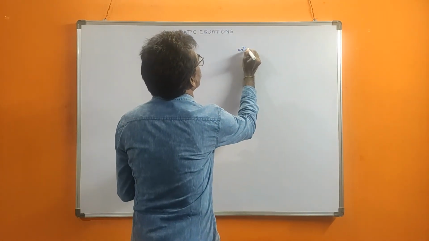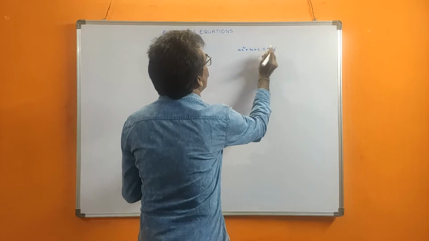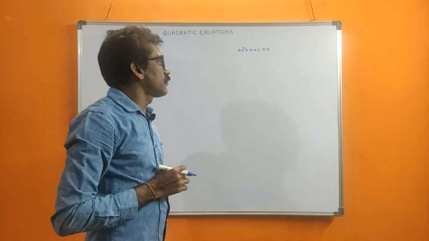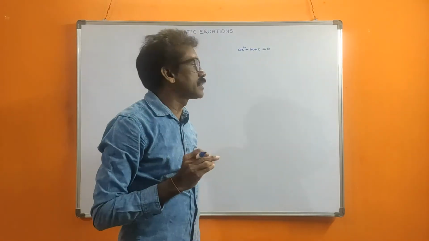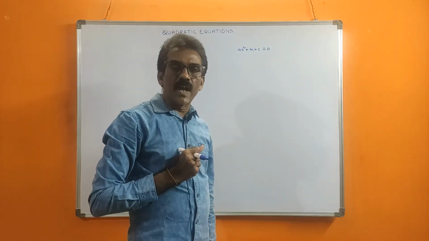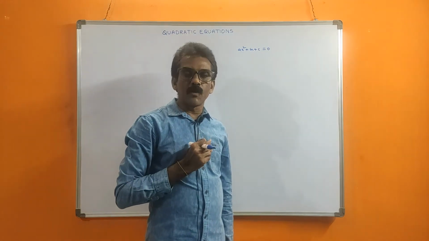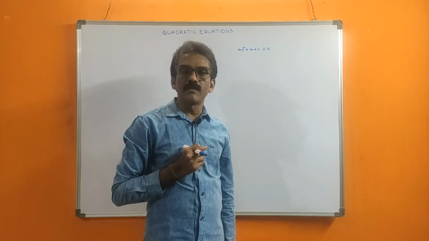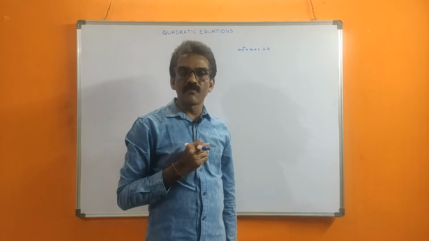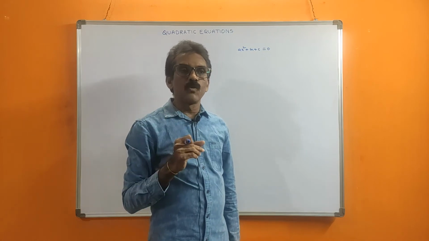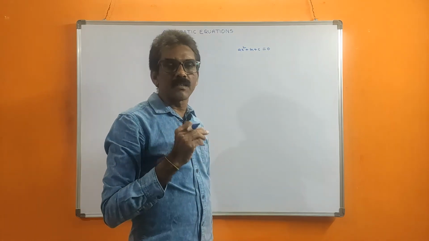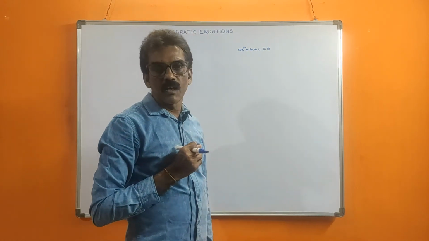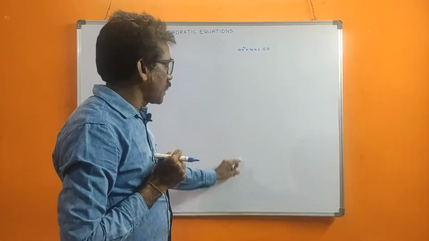The standard form is ax square plus bx plus c is equal to 0. For this we will solve for the x value, the direct formula. Whatever values there are, if it is a quadratic equation, we can use the formula. Factorization sometimes is not possible. If the values are decimals or fractions, then the factors we cannot find easily, and the factorization method is not easy. In those cases we can use the direct formula. So for that we are deriving a formula.